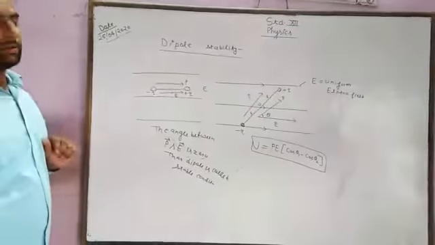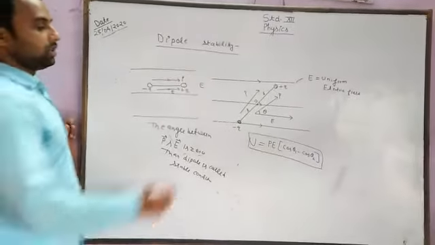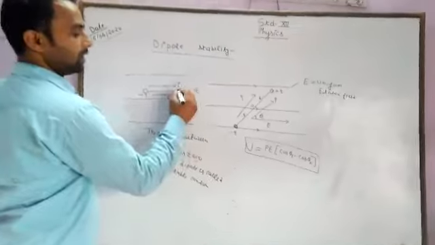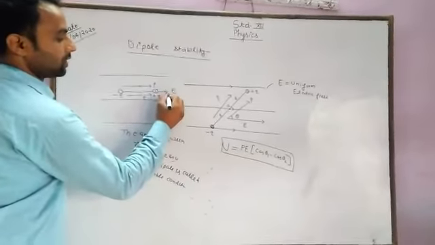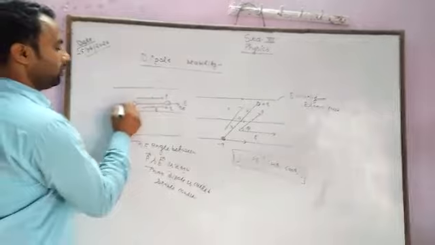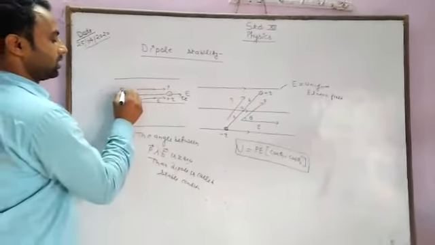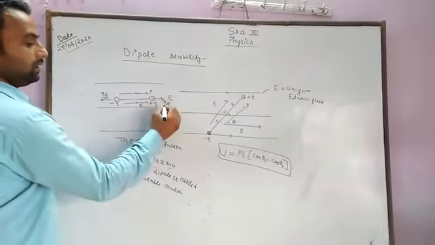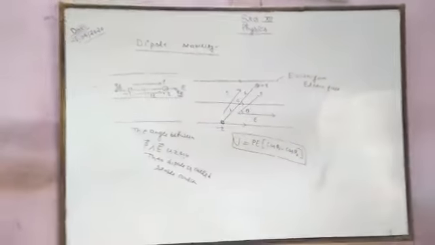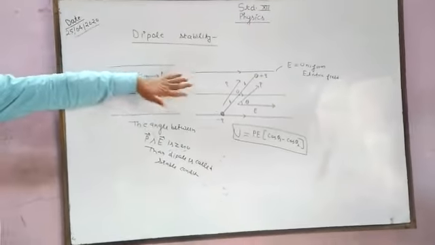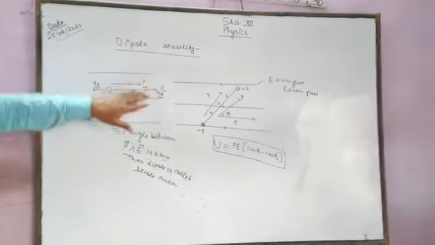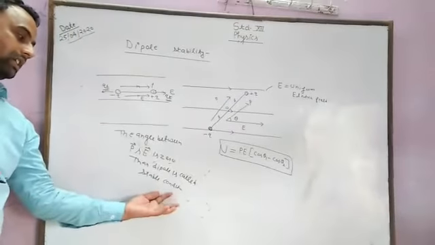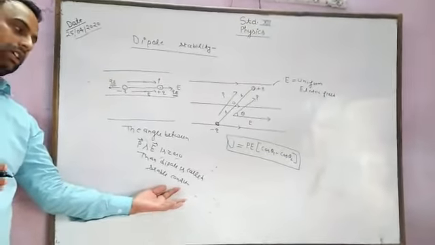How can we understand the unstable condition? First, let us understand the theory of stability. The force QE acts in this direction, and the force QE acts in this direction. These two QE forces cancel out, and because the dipole has no net external force in this state, this state is known as the stable condition of the dipole.